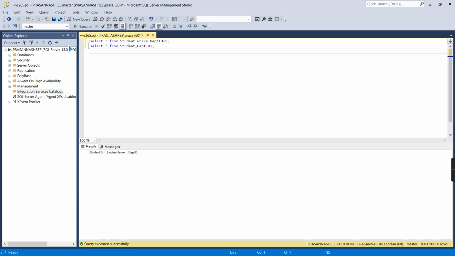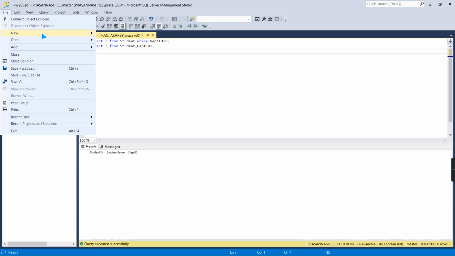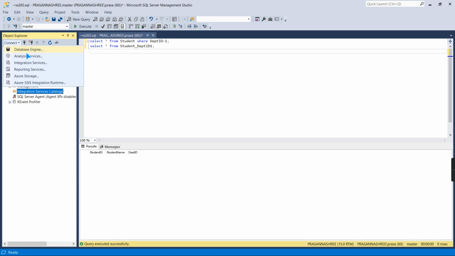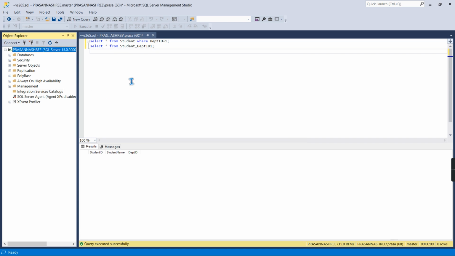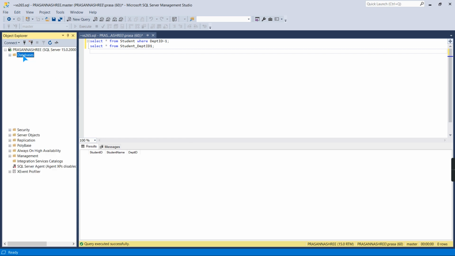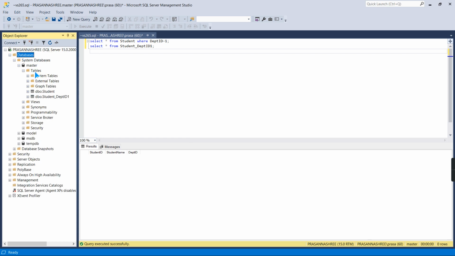To connect to the SQL Server, you need to go to Connect, Database Engine. This is my local server, so it is showing my name. Just click connect and it will open. Then go to Databases. Under master and tables, I have created a table called student. I will show you the data available inside this table.